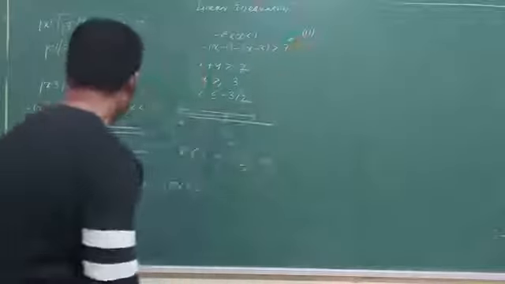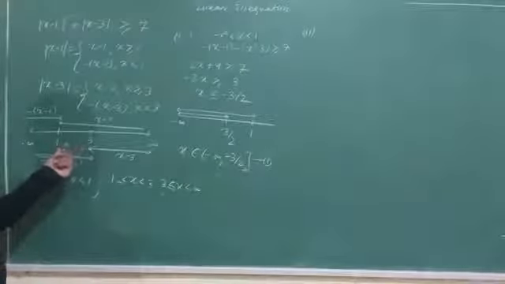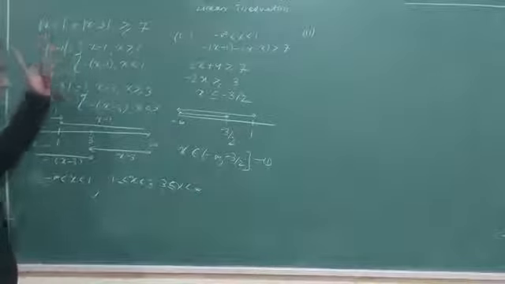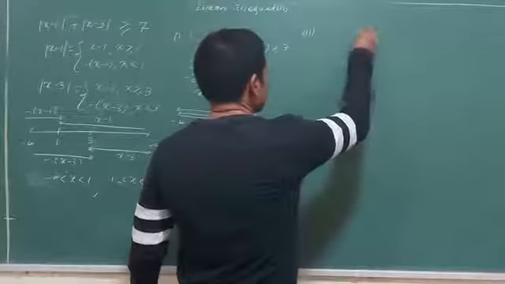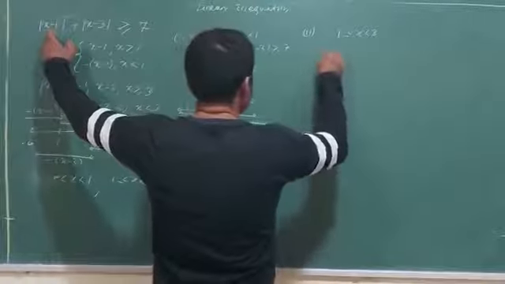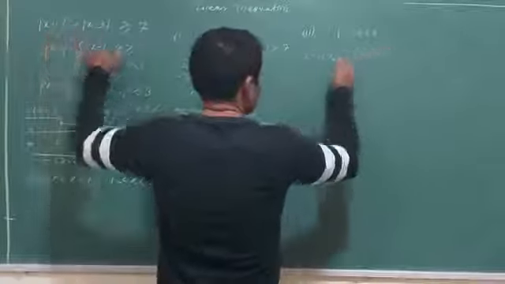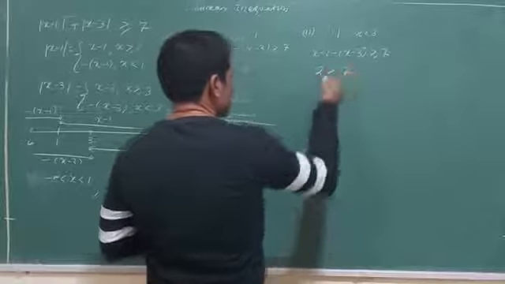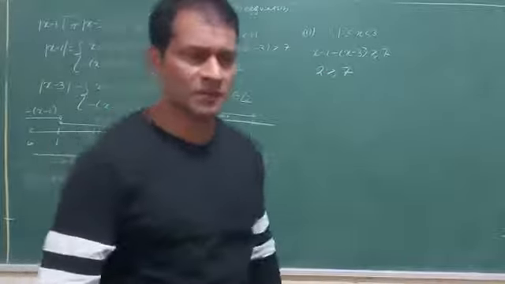Alright, next I will go to the second one, which is 1 to 3. I have crossed the partition value 1, so for x minus 1 it becomes positive. I write down the base condition: x is less than 3, greater than or equal to 1. So I write this one as positive, x minus 1, but the other will become negative, greater than or equal to 7. X cancels out. 2 is greater than or equal to 7, which is not possible.